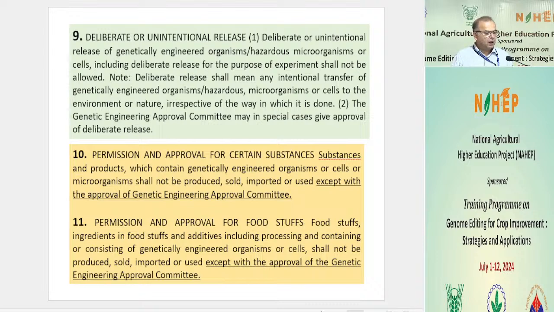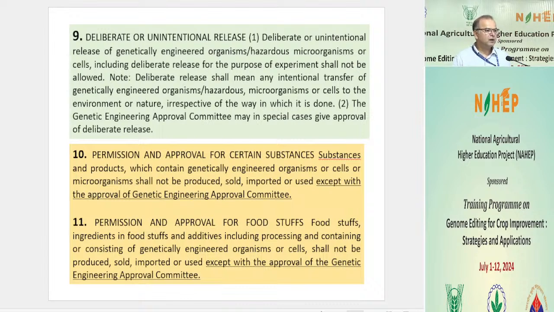Now, how the whole procedure works. When you initiate the research, right at the beginning you have to submit your application in a specified application form, which is called D1. The D1 form basically asks every detail about your plan or your project, that which